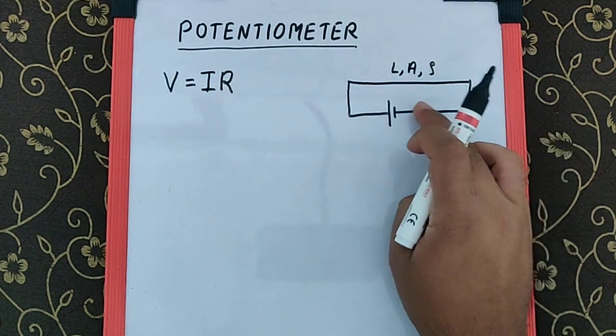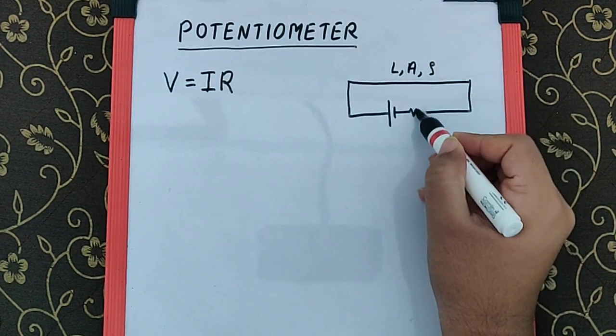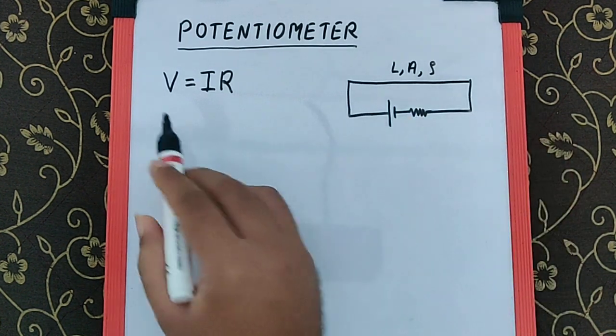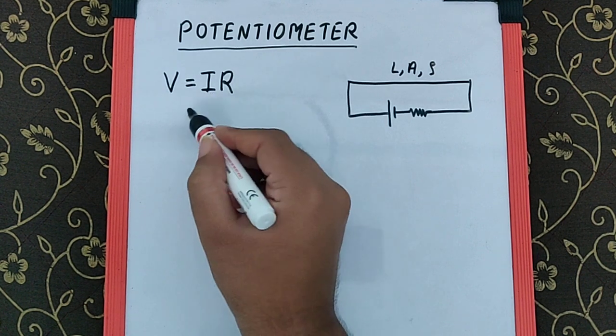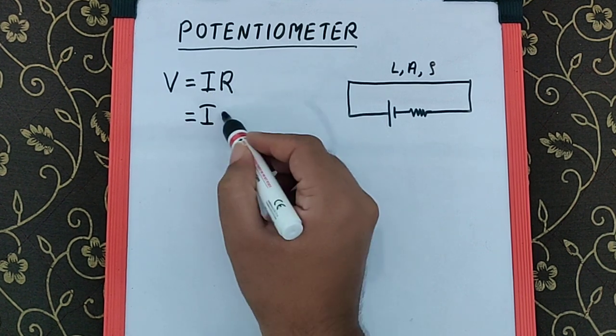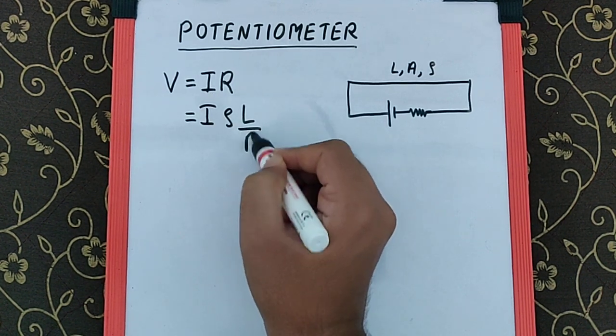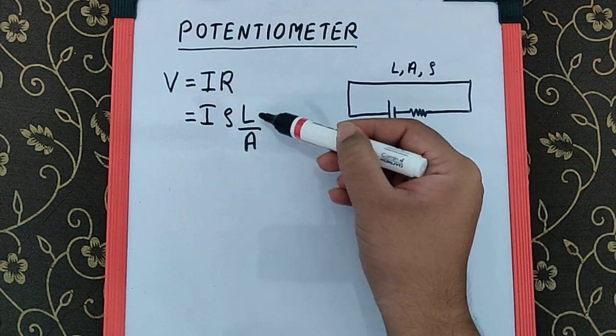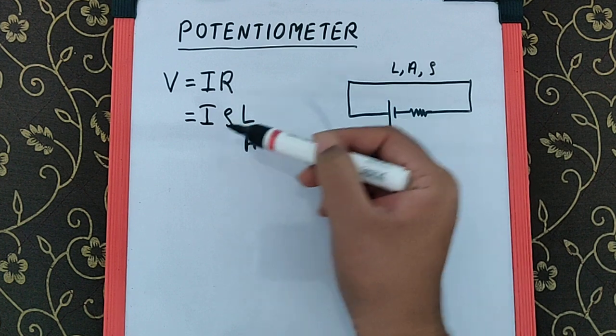Obviously, because there is going to be some internal resistance of this battery also, correct? So if V is equal to IR, can I write R as rho L by A, which is the standard formula for the resistance, because the resistance depends on the length and the area of cross section along with the